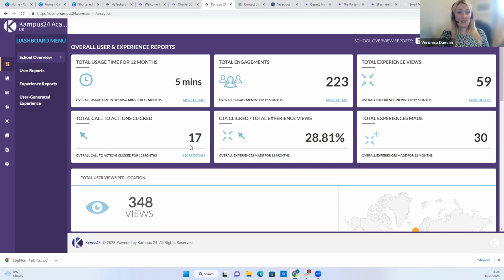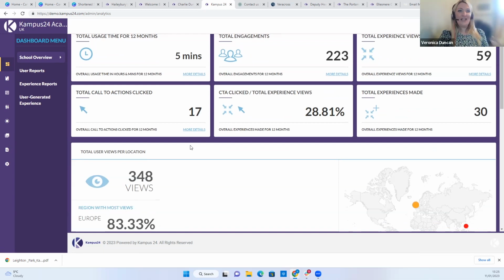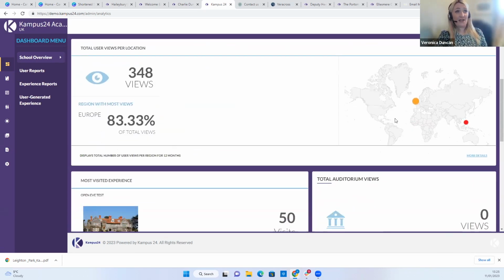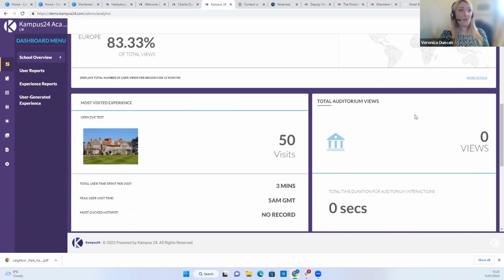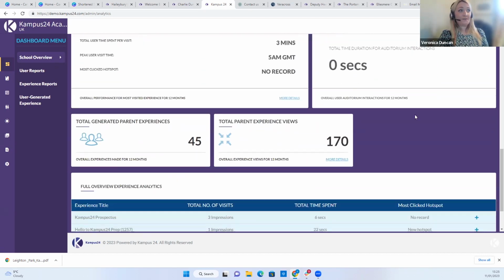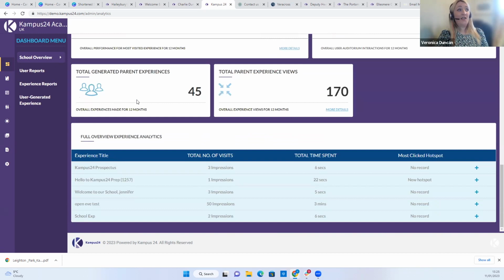So again, this dashboard is going to show you calls to action. For example, is it apply here? Is it register for an open day? Is it speak to the head of department? Which of those calls to action are actually working for you? So from a marketing effectiveness perspective, it's super important. It's going to let you see where the views are, and what areas are of most interest. And it's going to give you an overall total generated parent experience,